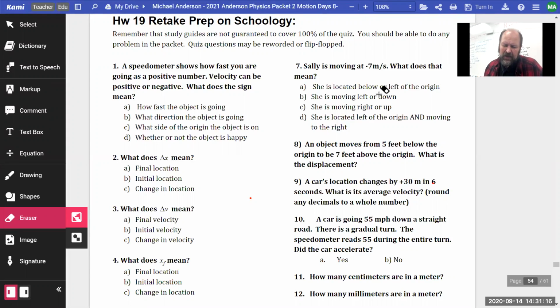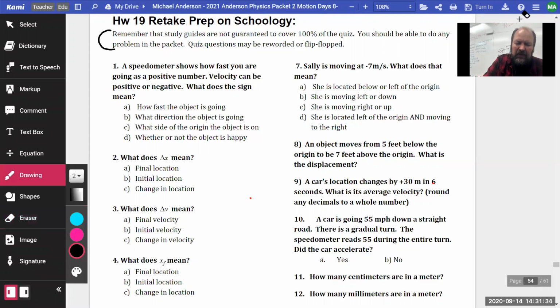Anyway, there are a couple questions here that turn out to be duplicates. So I'm going to skip some of the problems because we'll see them again later on. Okay, here we go. In the notation up here in the directions, remember that study guides are not guaranteed to